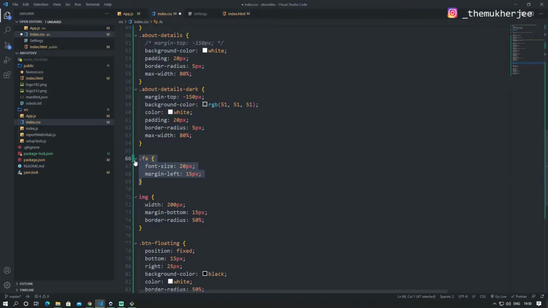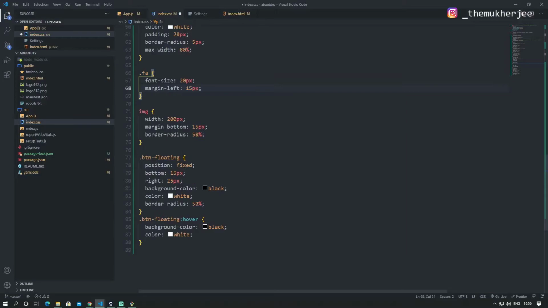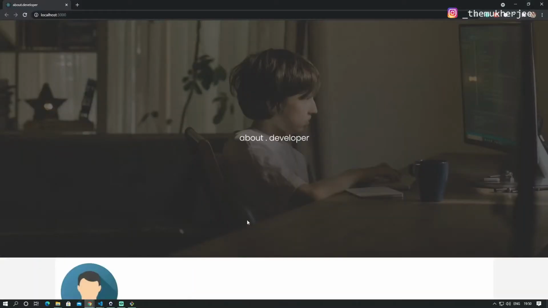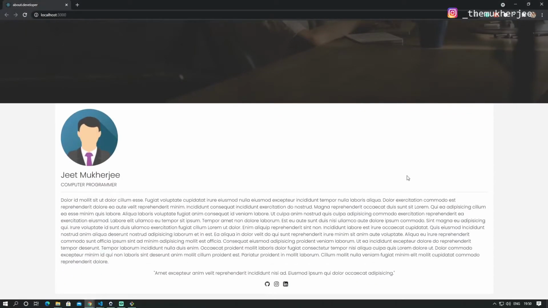And we have this font awesome and then .fa class, and we are giving it a font size of 20 just to make it a little bigger, and a margin height of 15 pixel. Apart from that, we are having this dark section which will come later, and button, we'll get back there later. So let's see what we are getting after this. So yeah, as you can see, we are having this nice little section, but it is getting attached